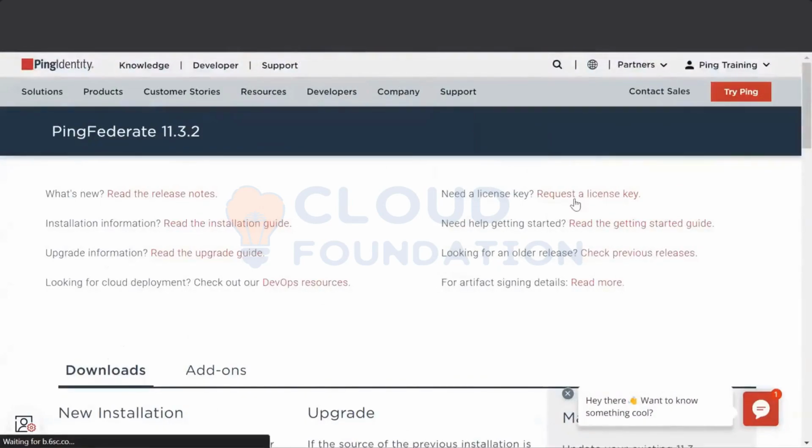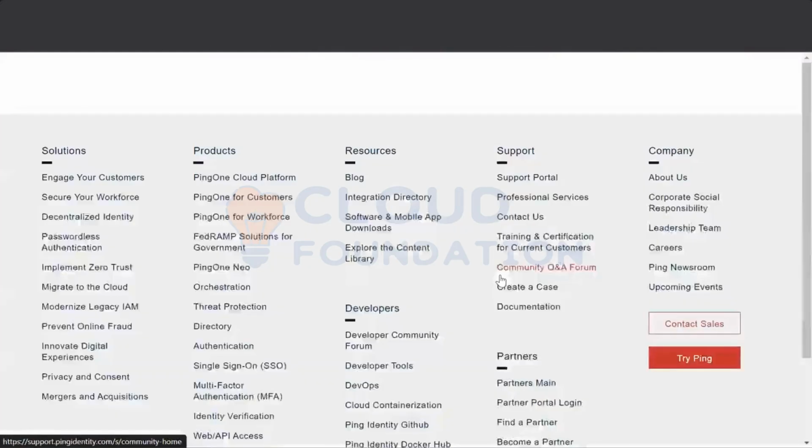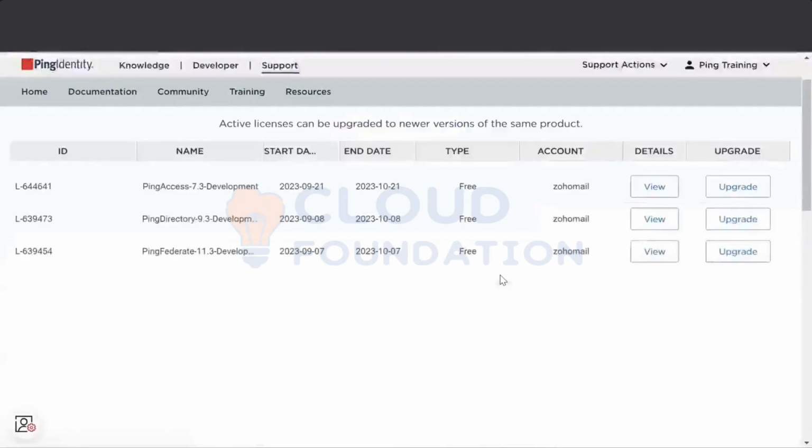We need to click on the request a license key. Request a license key means we can get the license key for the first 30 days. We can get it every time, right? Here, don't worry, just leave it as it is. If you scroll down a bit, right,